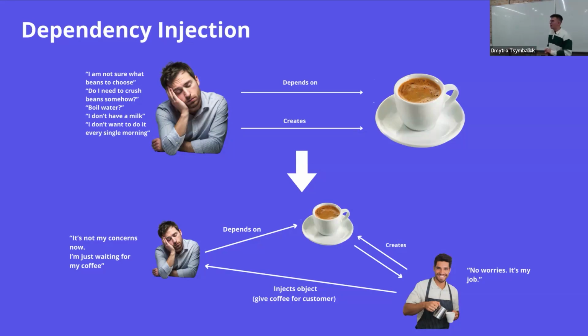And this other guy is saying, okay, no worries, it's my job. I know how to do it perfectly. So yeah, this guy still depends on coffee, but he doesn't make it. He just waits for coffee, and this barista guy will just inject this coffee to this sleepy guy. He will just provide this coffee, and now the responsibility of the sleepy guy is just to consume, but not to create it. And it's actually the whole meaning of dependency injection,